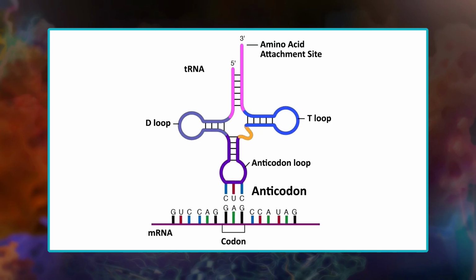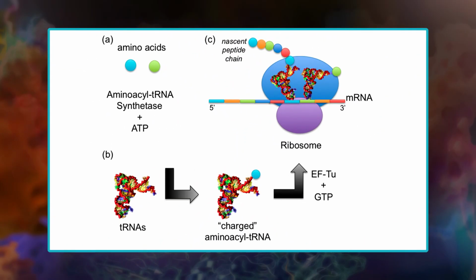The anticodon loop, which pairs with mRNA, determines which amino acid is attached to the acceptor stem. The anticodon loop is recognized by aminoacyl tRNA synthetase enzyme that chemically links a tRNA to an amino acid through